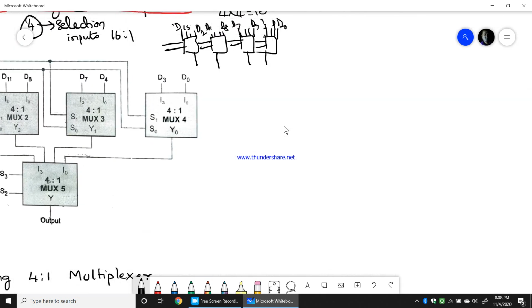So I'll just draw the truth table for 16:1 here. So here S3, S2, S1, S0.